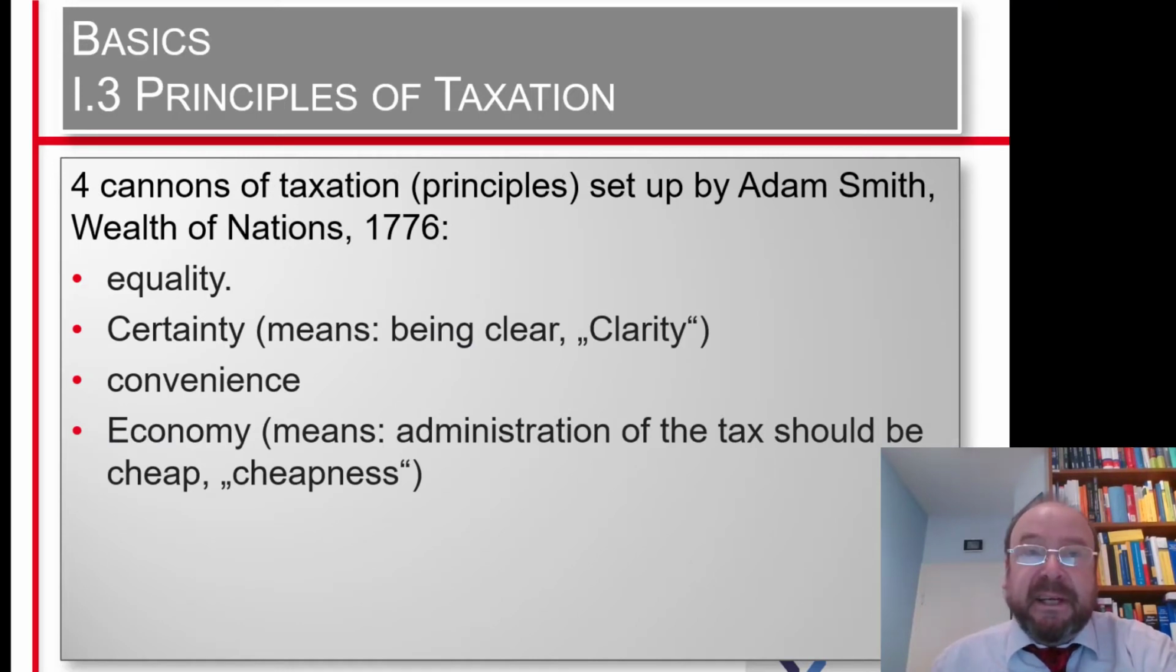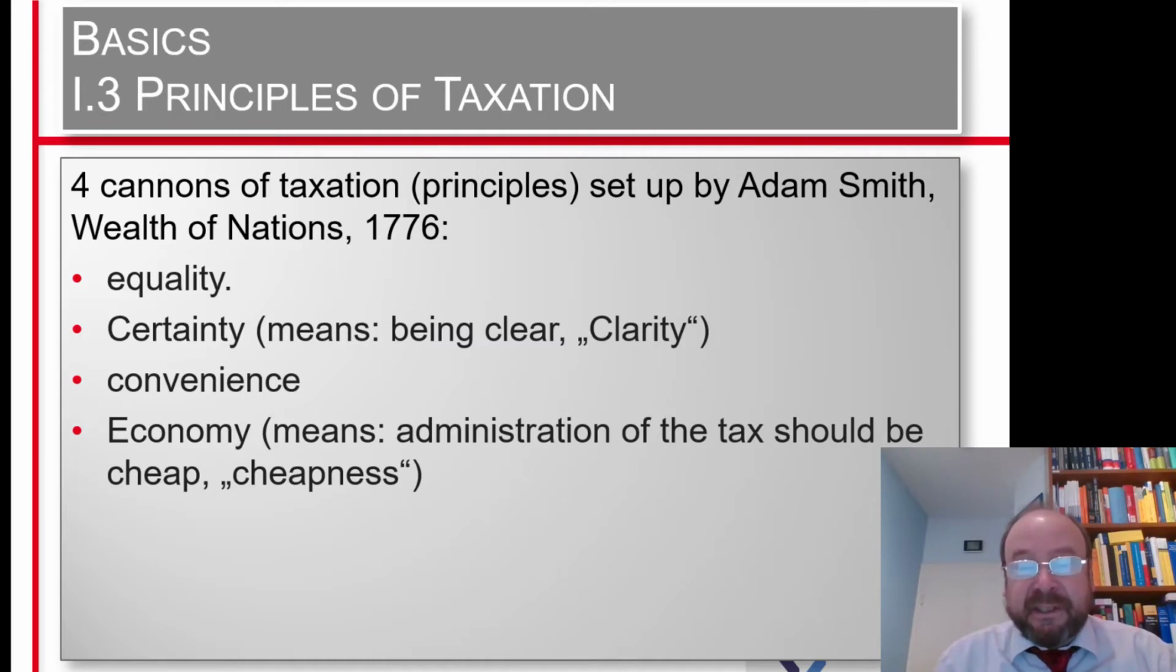The idea that tax laws should follow some rules, basic rules, goes already back to Adam Smith, a famous economist in Scotland, who in 1776 published his famous work, The Wealth of Nations. And there he set up 4 principles for taxation. That was equality of taxation, certainty, that means the tax laws have to be clear. The taxes should be levied in the most convenient way for the taxpayers,